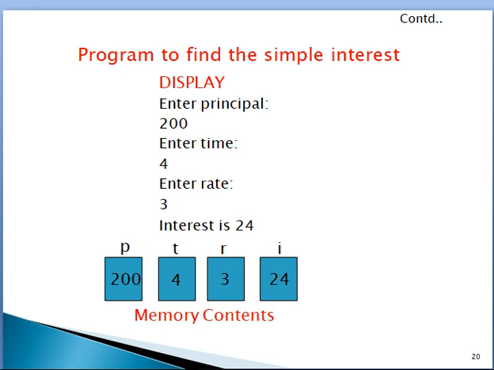Immediately it calculates the simple interest and displays the output, 24. So this is the procedure to write the C program, execute it, and see the output.